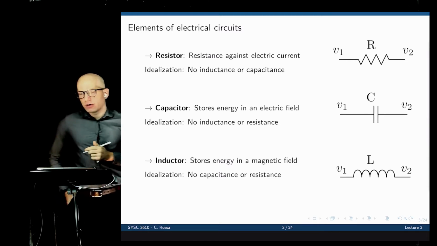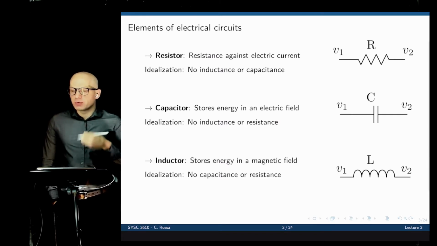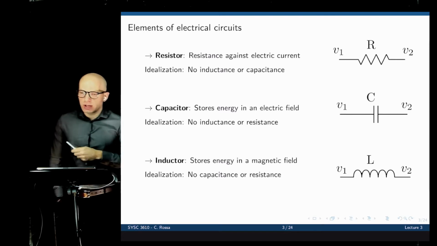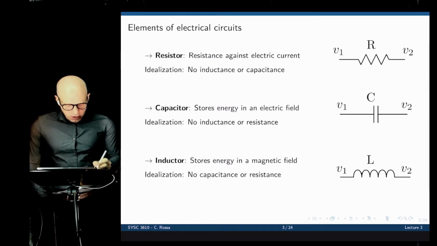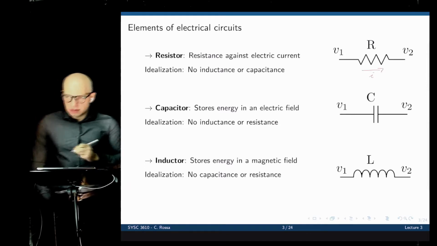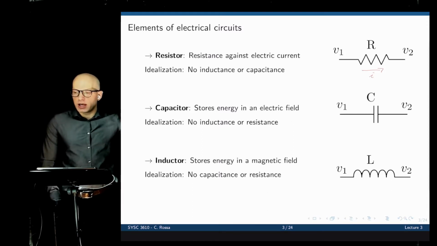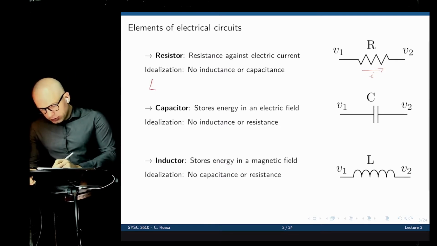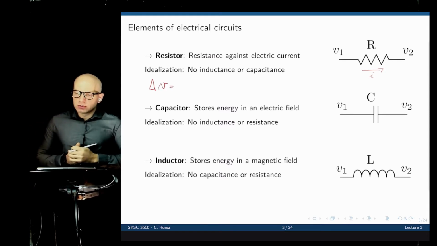So let's start with the very first one. A resistor resists against an electrical current. It provides resistance against the electrical current, and the higher the resistance, the more difficult it is to pass a current through that resistor. A resistor is represented by the symbol R. If we pass a current through it, this current will create a voltage drop. The voltage drop will be V2, the voltage on one end of that resistor, minus the voltage on the other end, V1. So as a function of the current, we know that that voltage drop, which in this case is V2 minus V1, is equal to